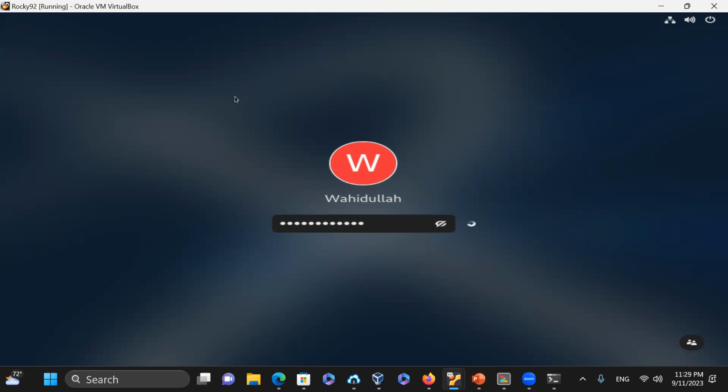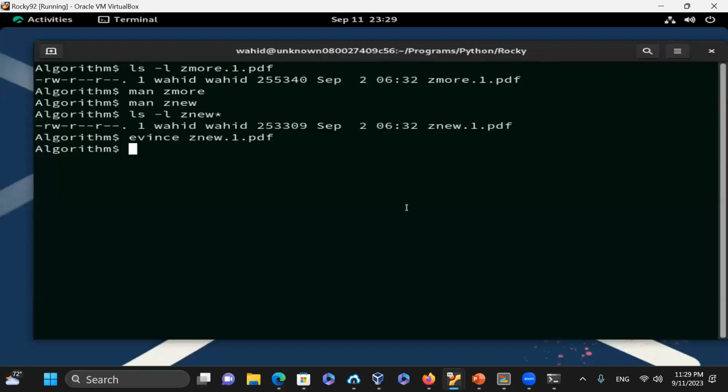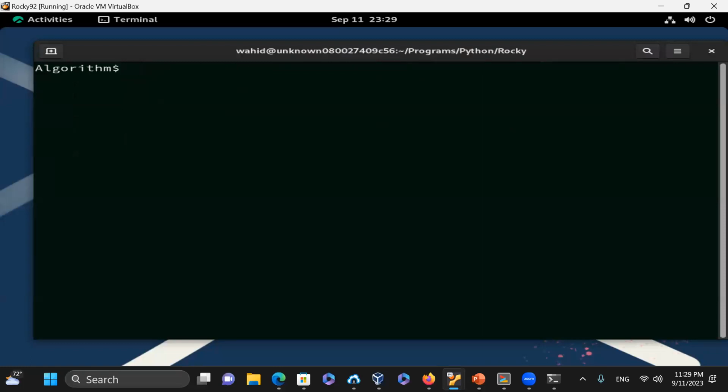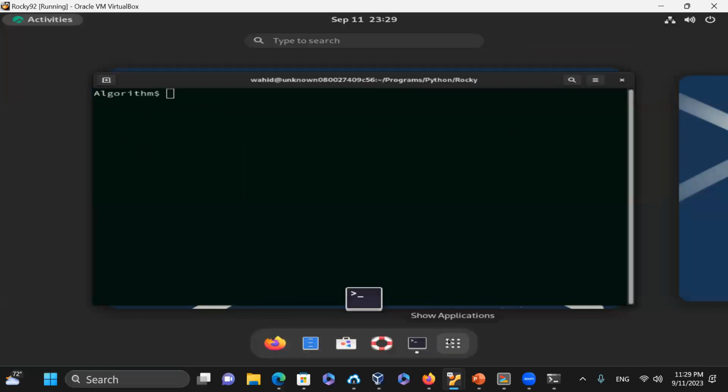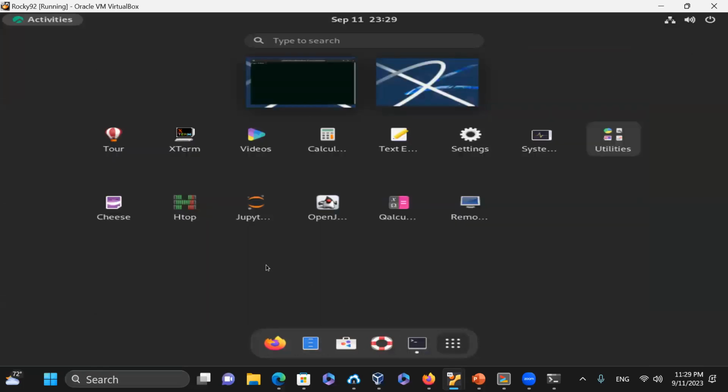So the list of utilities that are available for you or already installed is there, as well as the list of things that you can do on this. For example, under the file manager, you have Jupyter Lab if you want to run it, a calculator, and then there's a number of other utilities here that I don't want to cover all of them, but